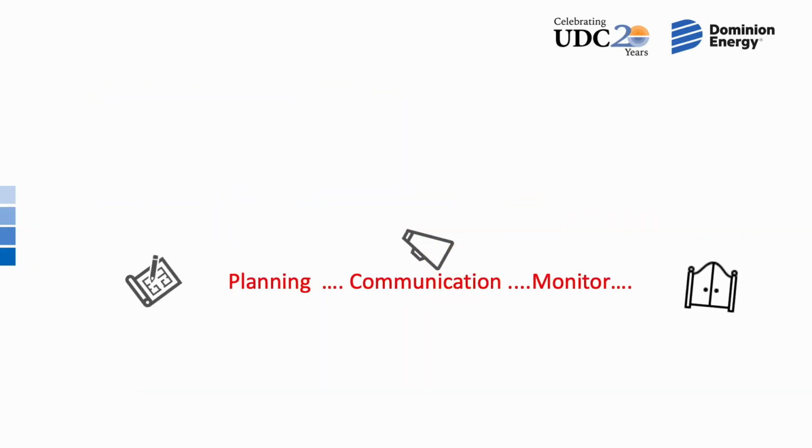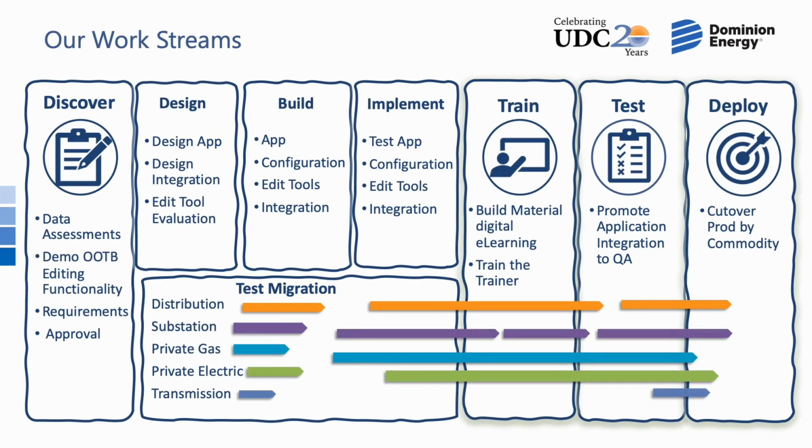Working with UDC, because we started with a POC, because we had a strong RFP, a very strong SOW, and a strong partner, we're able to lay out our work streams and how we're going to do our work. So these are kind of the seven phases from discovery, design, build, implement, which in our mind is making it all work together. Once you get into UN, you've got to make sure it's all configured and working together so they play nicely. And then train, test, and deploy.